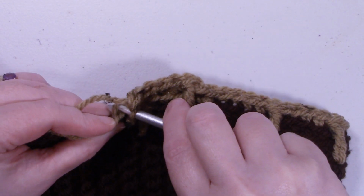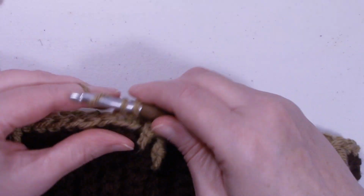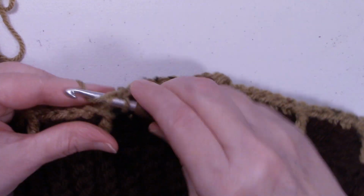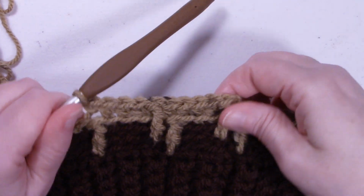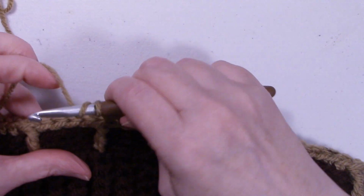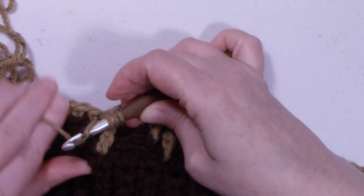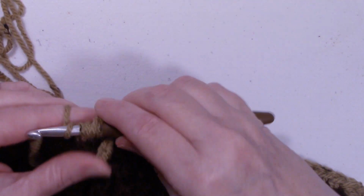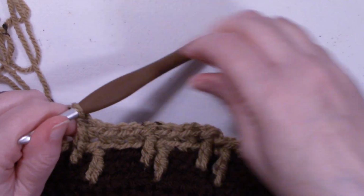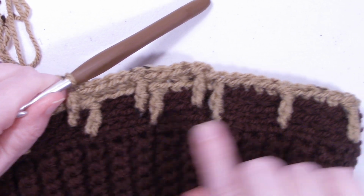Then single crochet in the next 4 stitches, back loop only. All of our single crochets will be in the back loop, so we have these free loops. Then treble crochet 2 rows down, find that free loop, just like that. Okay, so you're going to repeat this pattern all the way around to get back to the beginning,